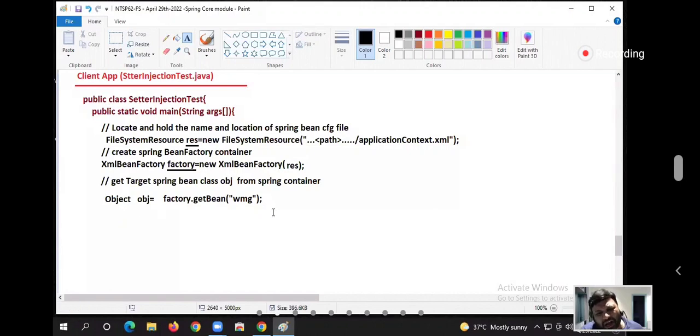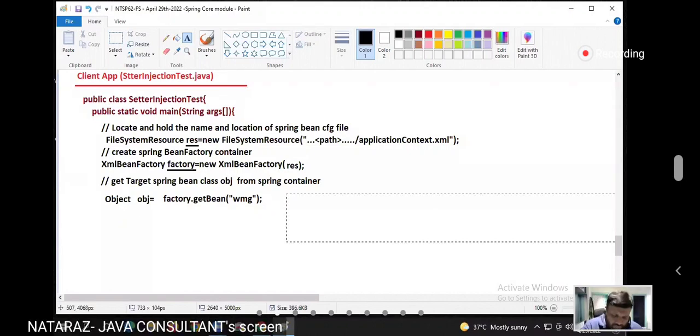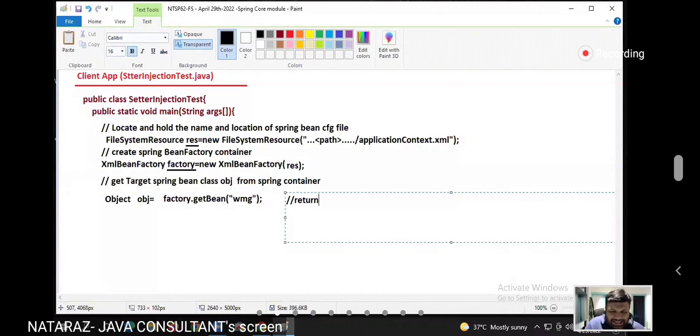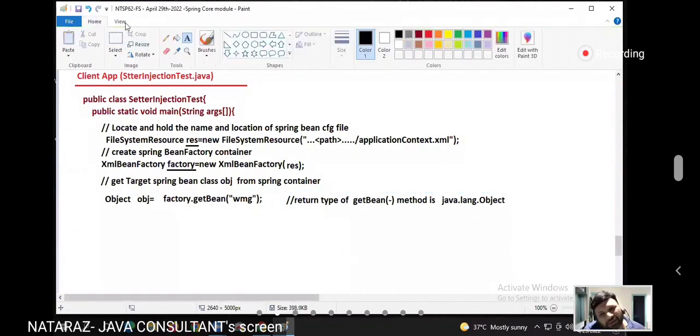The return type of the getBean method is java.lang.Object. Clear, my dear? Got the clarity? Come on.